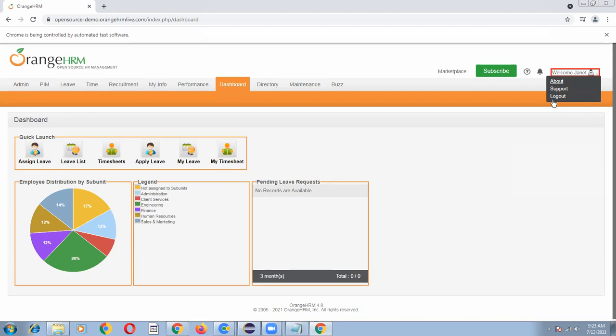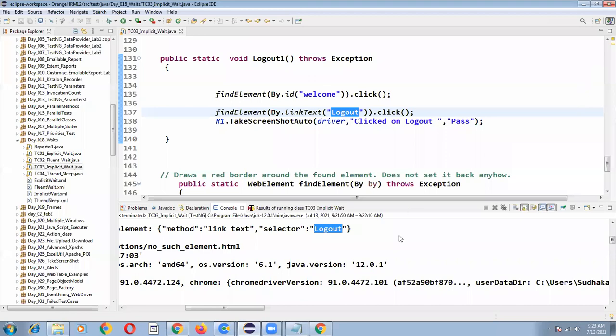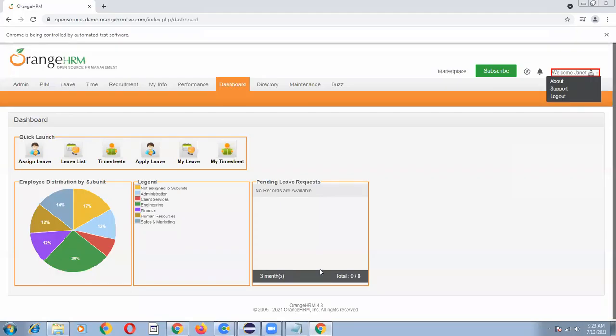Then the program execution shows failure. What is the issue? No such element: logout. It is not able to find logout because after clicking on welcome, it is loading very slowly. Suppose it takes 10 seconds; the driver has to wait up to 10 seconds, and only after that can it locate and click on logout.